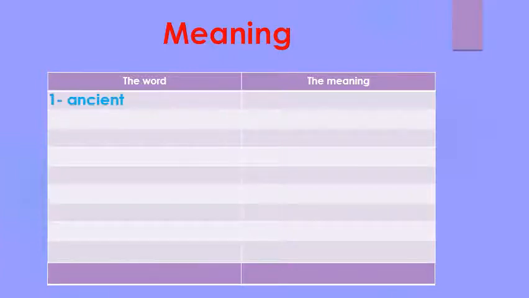Number 1, ancient, and it means قديم. Number 2, modern, and it is the opposite of ancient, and it means عصري. Number 3,